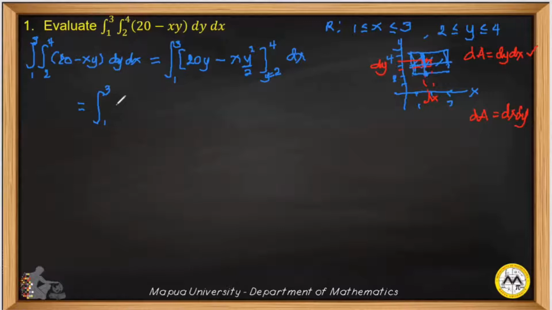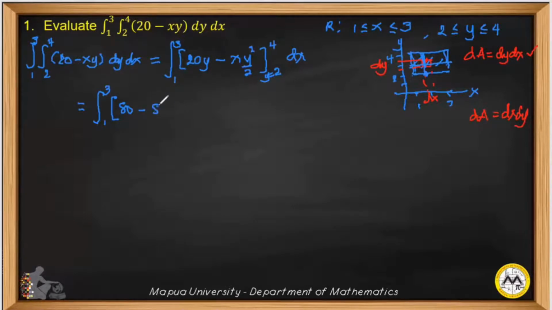Okay, take note, upper minus lower. So that gives us 20 times y. So 20 times 4 is 80 minus 4 raised to the second power is 16 over 2 is 8 times